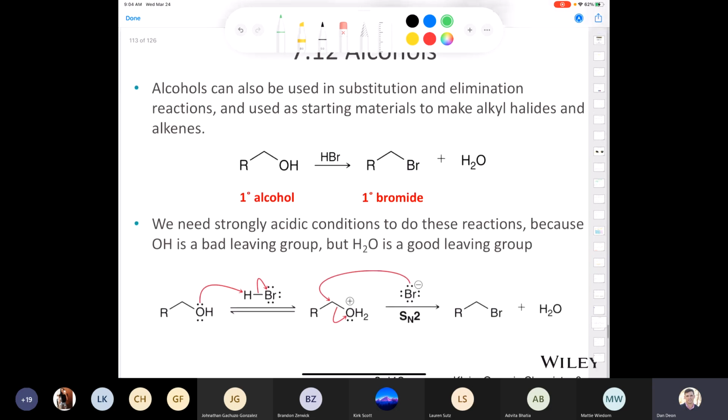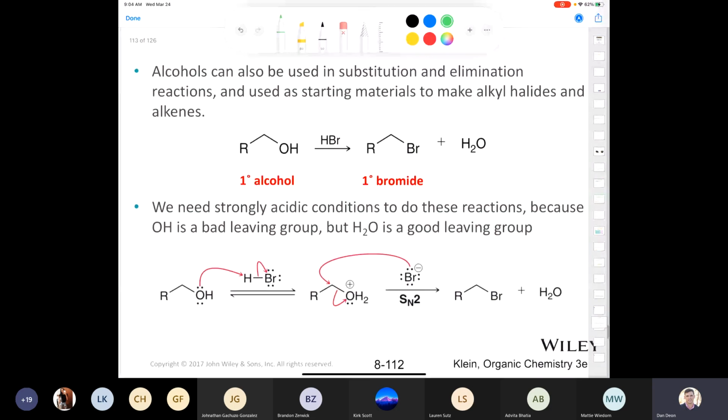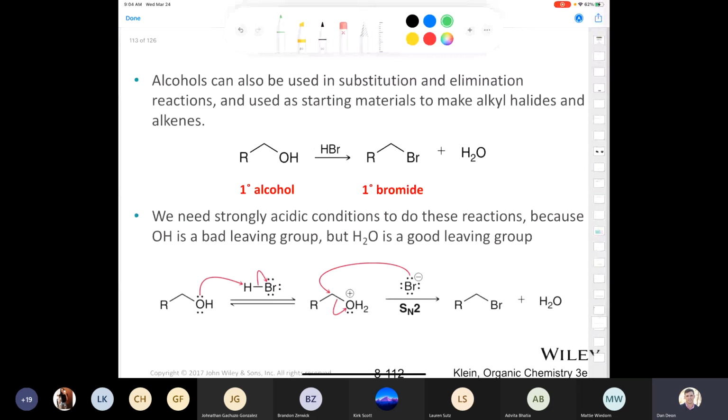All right, section 7.12 deals with alcohols. What the heck can you do with an alcohol? Well, you can take a primary alcohol, treat it with HBr, and you end up with a primary alkyl bromide. Now, how would that work exactly? Well,